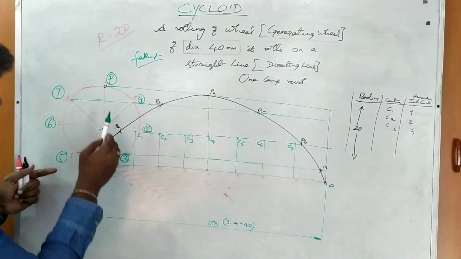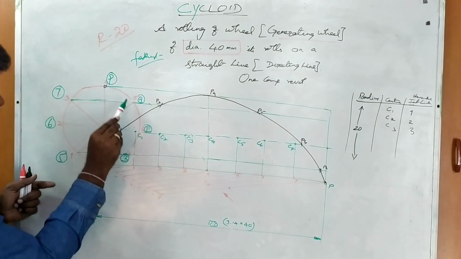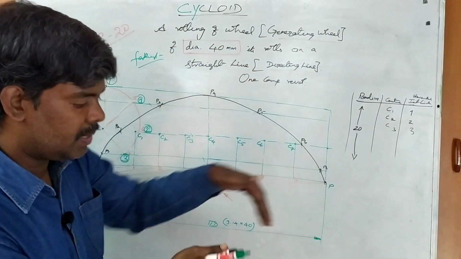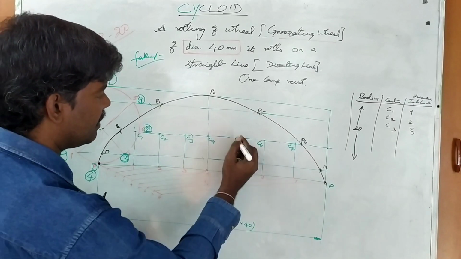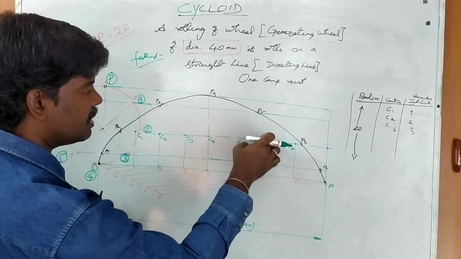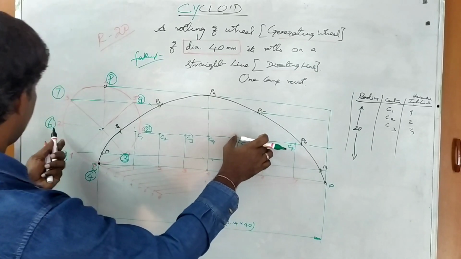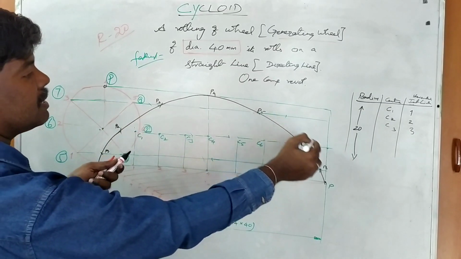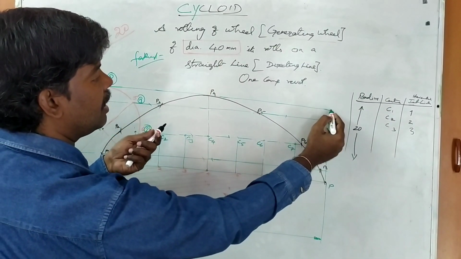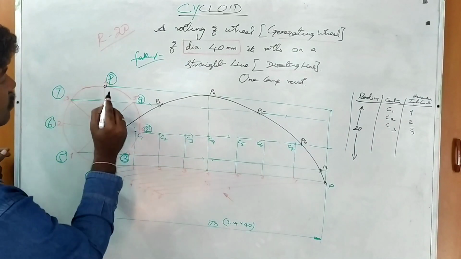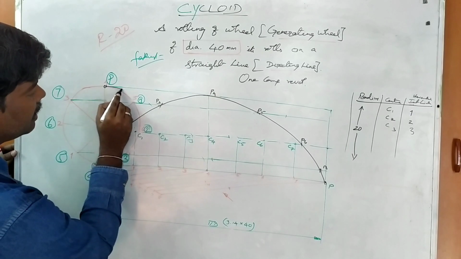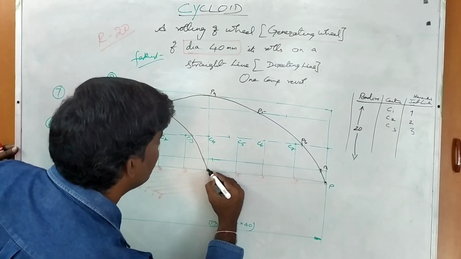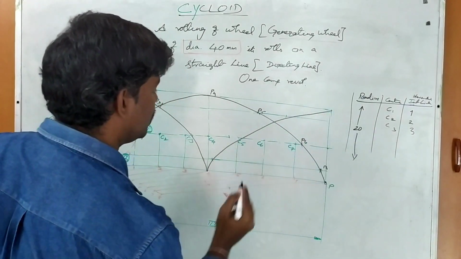C4 means bottommost, because the starting point P is topmost, so in the first half revolution it reaches the bottom. Next, C5, here it cuts. C6, the radius is the same, 20. C6, number 6 line, here. C7, number 7. C8 is nothing but the end, topmost. Therefore, your curve comes from the top and reaches the bottom in the first half revolution, then in the second half revolution it reaches the top.